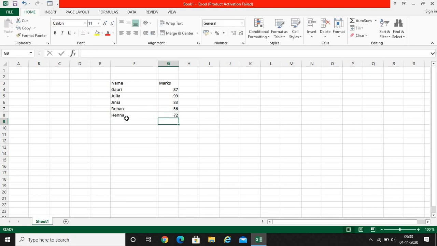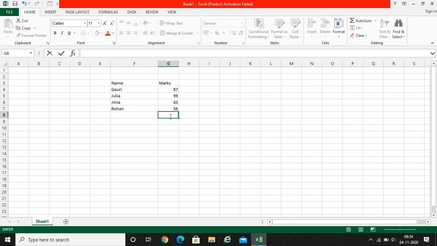Now I want to delete this. How to delete? I'll click on this cell and press Delete. So the data has been deleted. Another method to delete: suppose I want to delete this cell, I'll click on it and press Backspace. So the entire content has been deleted. This is the method by which you can delete the cell contents very easily.